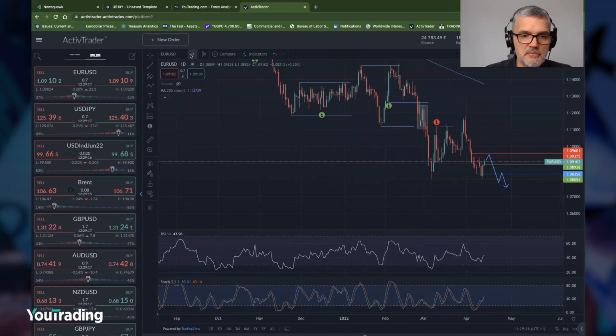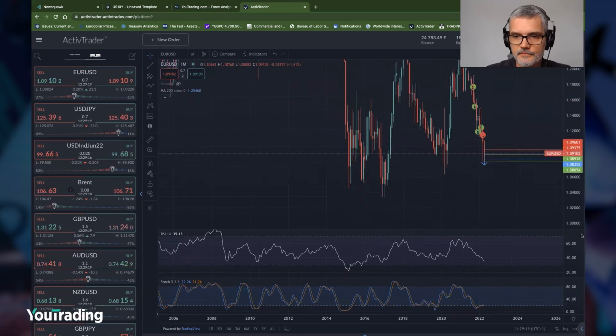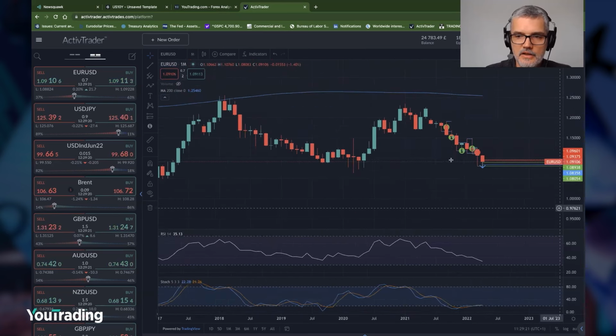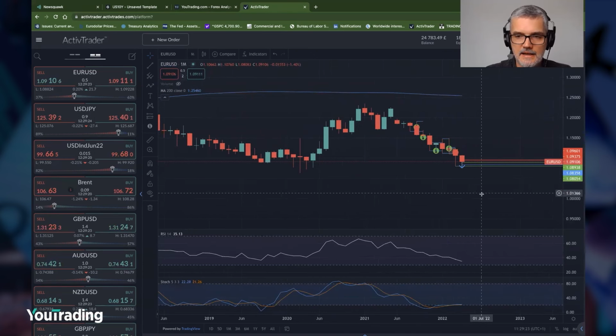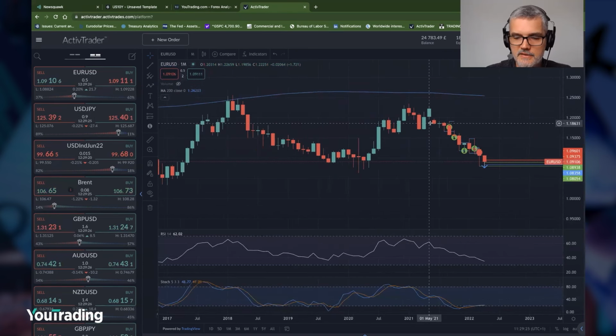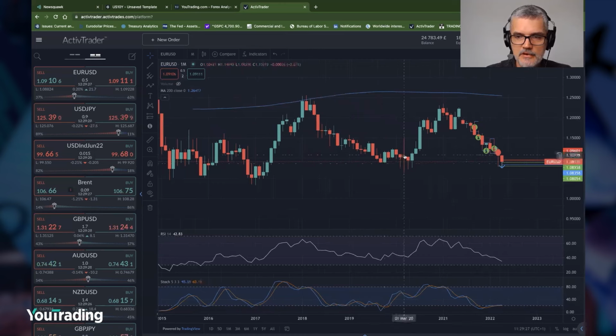If we look on a monthly chart, the euro versus US dollar is in a clear downtrend from the 1st of May 2021. We've got this indecisive candle here, which ended up being a base for a big rally up. So underneath the 1.06355, there are going to be some stops, so a good couple hundred pips to the downside should we get a break lower.